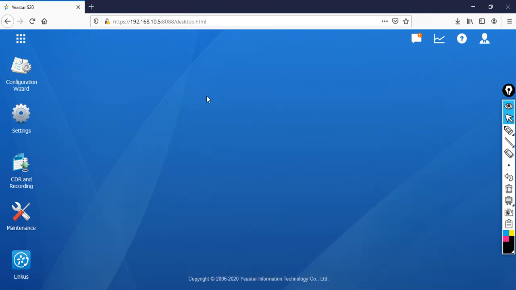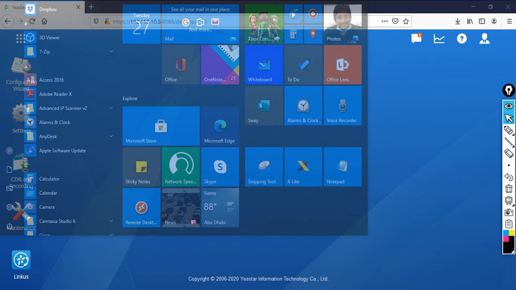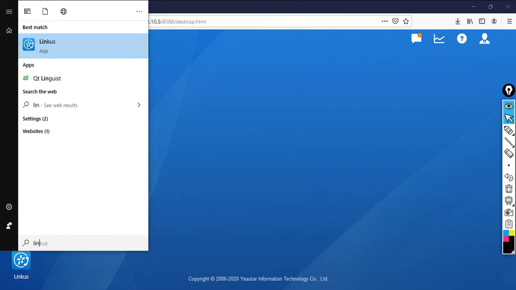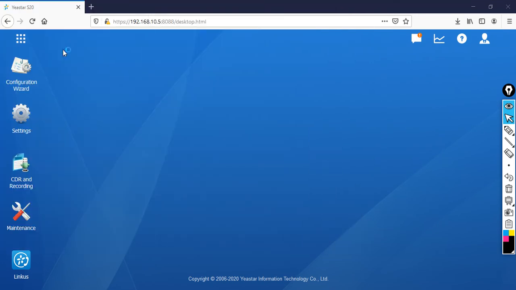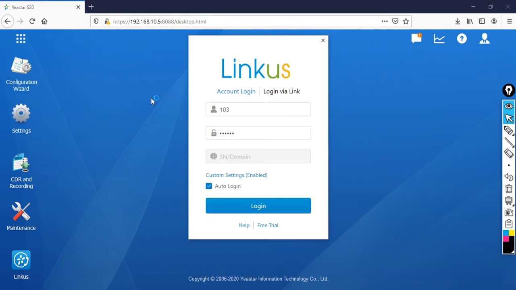Right now I have installed the Linkus client in my system. Let's go and see here. There's the Linkus software. Open that. Now I'm going to give the extension as 104 and enter my password, p@ssw0rt_123. Then go to custom settings.